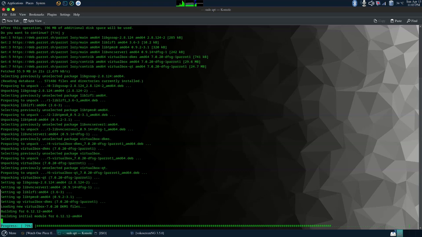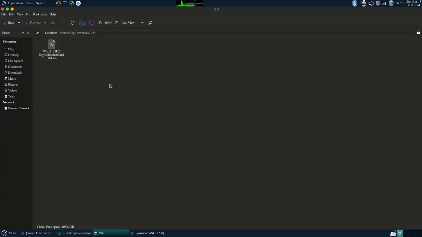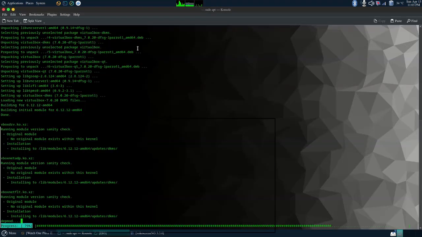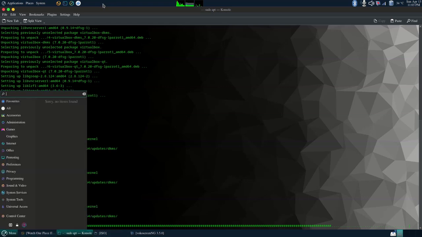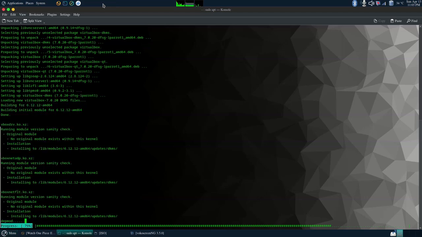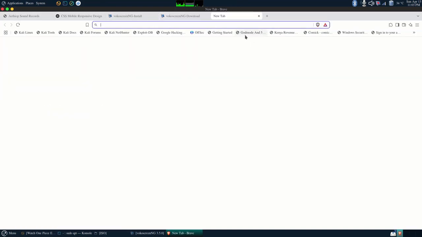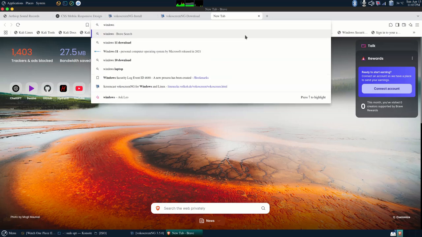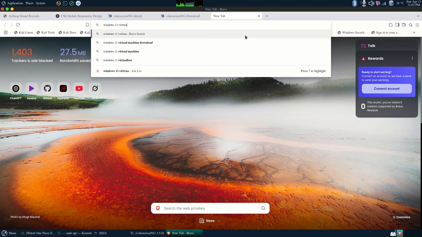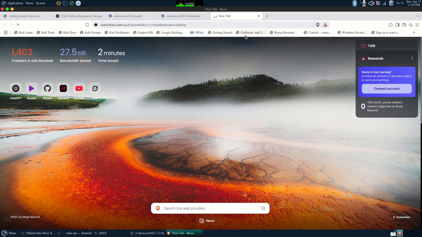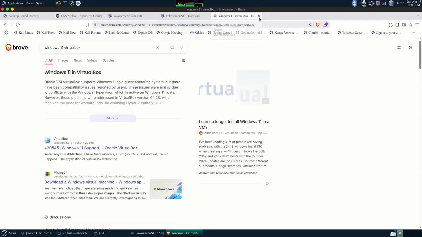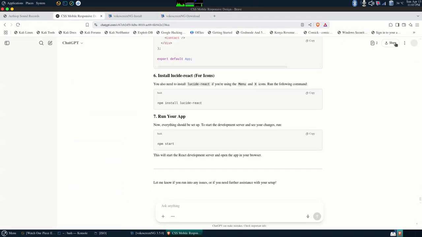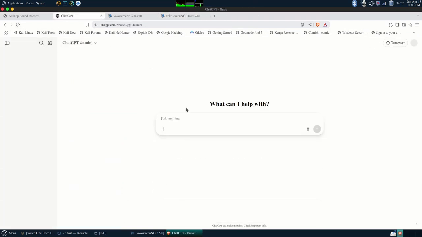Here I already have the Windows ISO, it's right here if you want to see it. See, Windows 11 x64 ISO, which is quite interesting. I'm not really sure if that's the right one. I hope so, because that would really suck. Windows, let's see, 11 VirtualBox download. But let me just ask ChatGPT